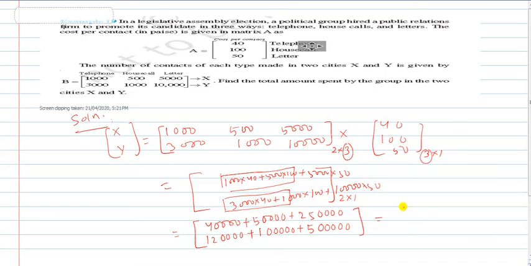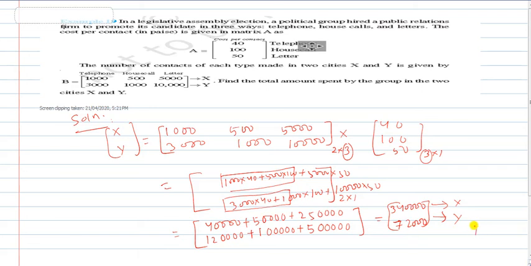The amount here will be clearly 40,000 plus 50,000, that is 90,000, and this is 2,50,000. You calculate the amount total, and this is for X and this will be for Y. So 2,50,000 and 50,000, this is 3 lakhs, and 40,000, this is 3,40,000. Similarly, this is 5 lakhs, and this is 1 lakh, 6 lakhs, and 1 lakh 20,000, that is 7 lakh 20,000. So this is the solution of this question.